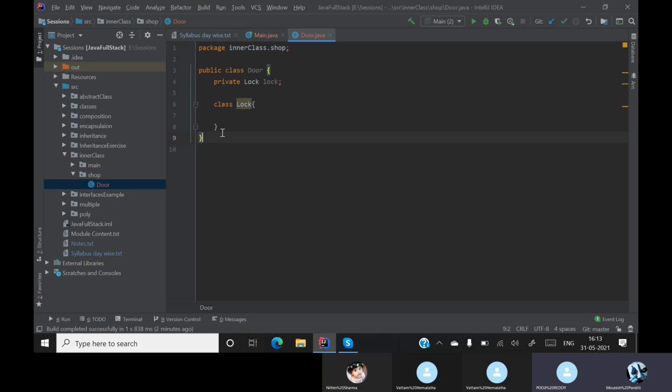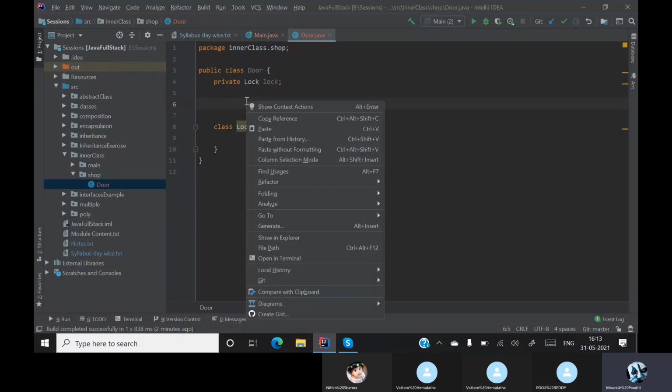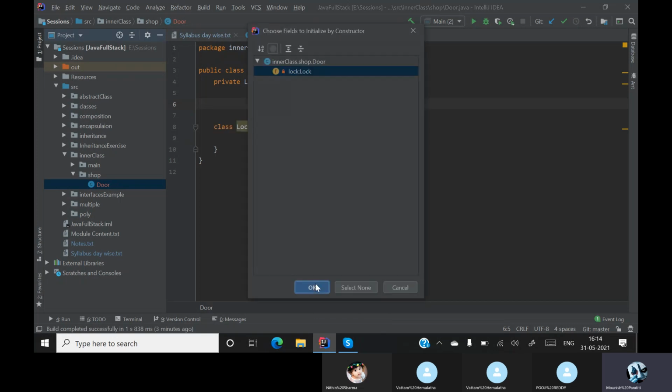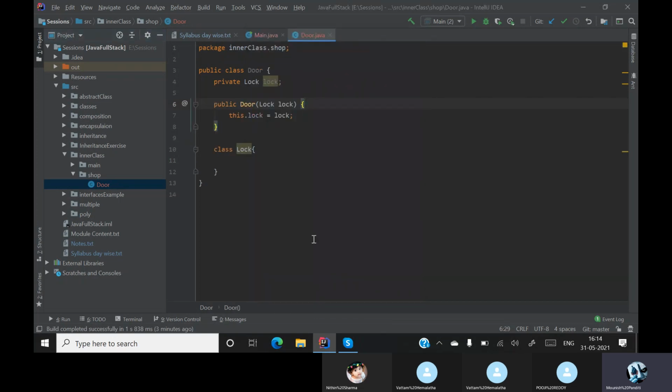Okay. Yes, sir. You have a lock. So basically, if there is a door, we must access that lock. So to access that lock, I'll create a constructor. So I have a constructor, but here lock is basically what? It's a class, right?